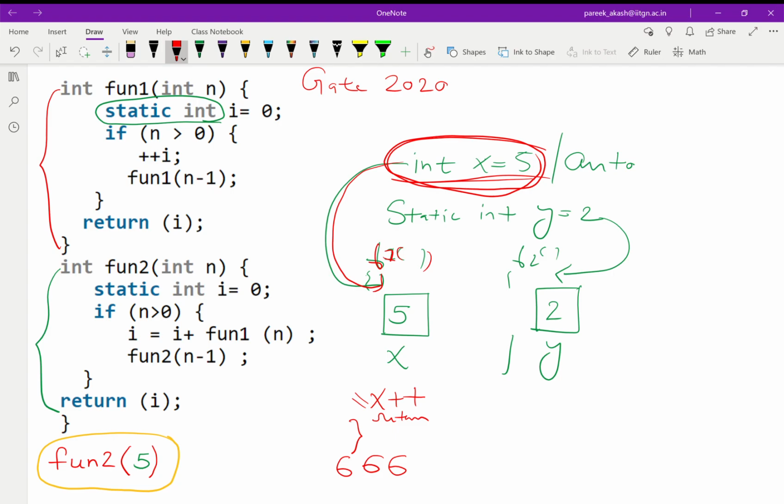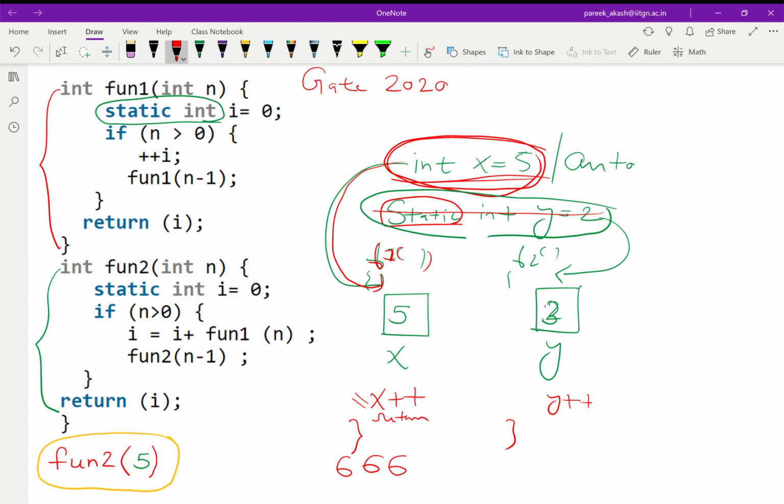To overcome this, we can write static. If we write static in front of the variable, it will be initialized only once. Suppose we have here y plus plus. So for the first call, y value will be 2 and y will increment and it will become 3.